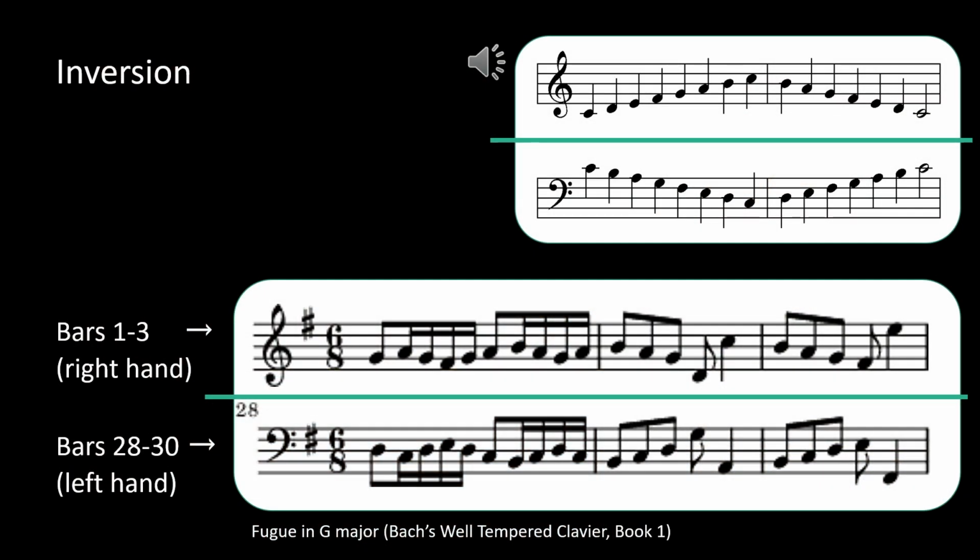We can see this in loads of classical compositions. I mean, it's always Bach, right? You can go and look at any piece by Bach and you'll find all of these things, I'm sure. Here is just the first 3 bars of a fugue of his, and there's a theme in the right hand, and then a few bars later, you see it repeated in the left hand, but inverted. So you can play around with these things.